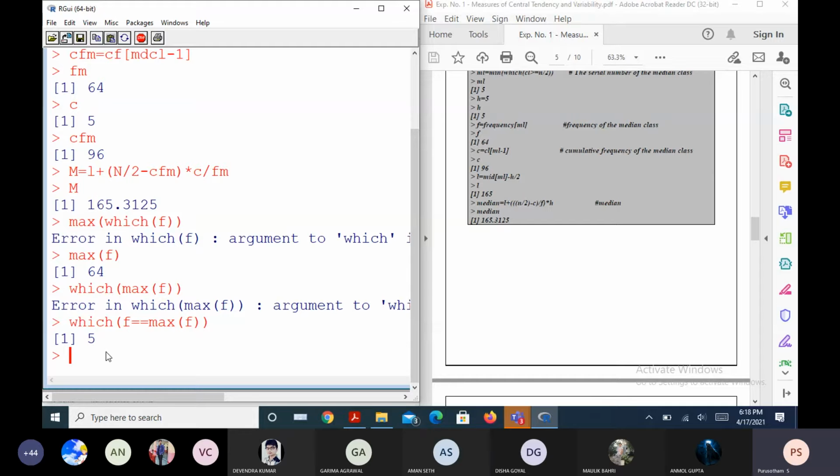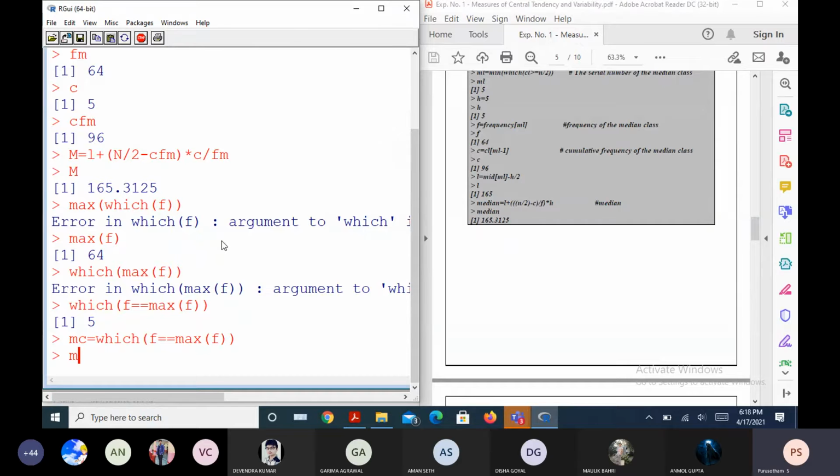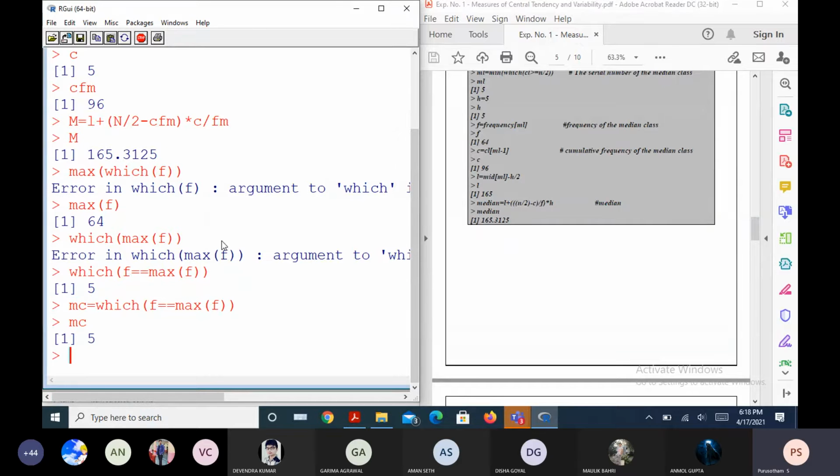Now, once we identify this model class, I'm using MC for model class, so now MC is 5. What is the formula for the mode?